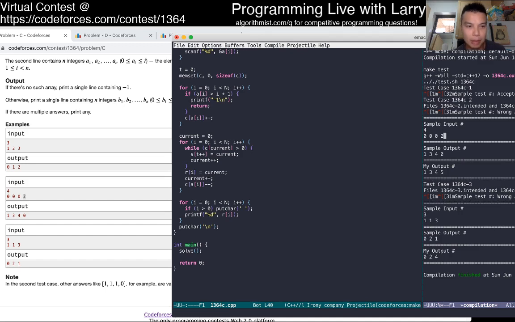I think for a new number we have to check the top of the stack. And what is the top of the stack?